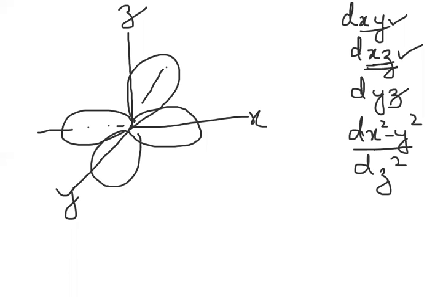And if I talk about the dz square, then you can understand that if this is the z which is extending downwards like this, then the lobes are like this, one this side and one this side. And there is a dense region, a circular region, where also the probability of finding the electrons is there. Now this is a region of electrons there. Now this is dz square.